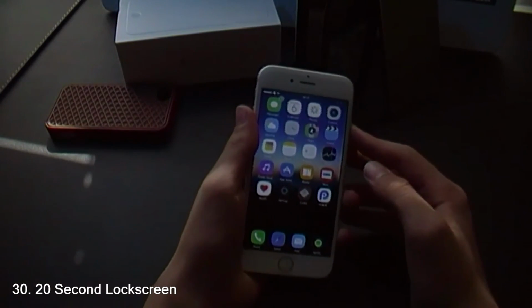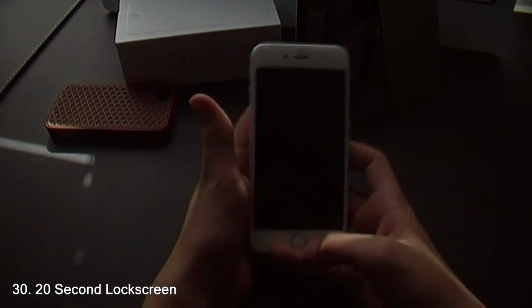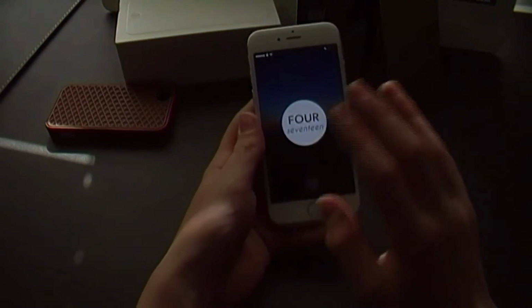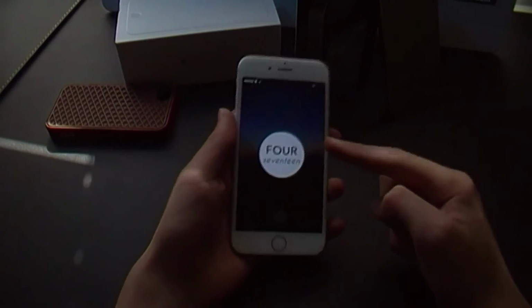Next up is 20 Second Lock Screen, and this is the last one. If you just go ahead and click your home button, this will be on for 20 seconds instead of